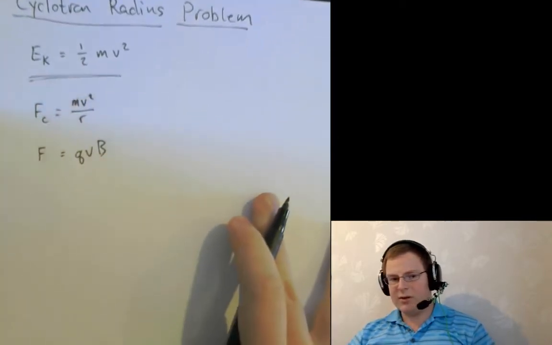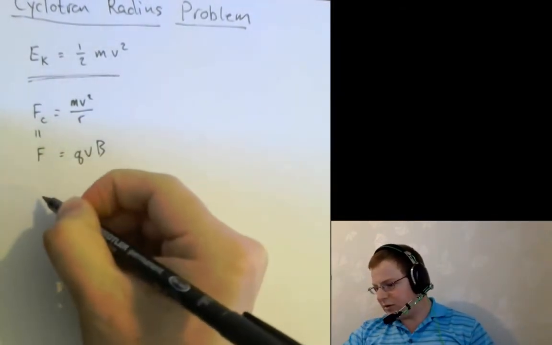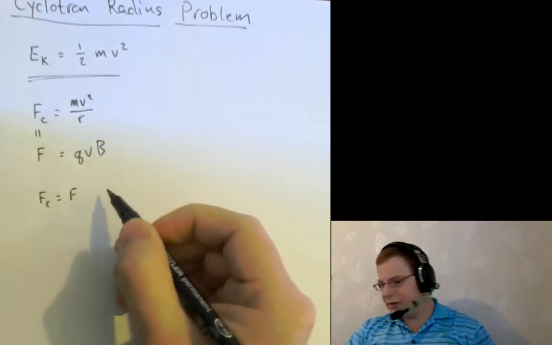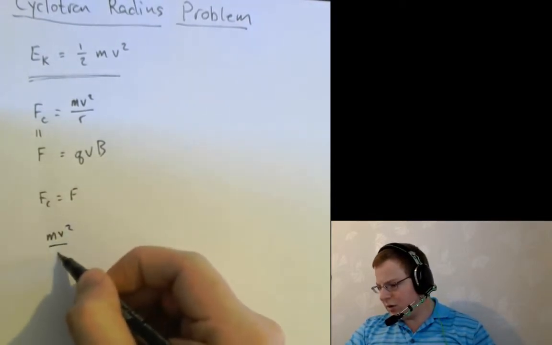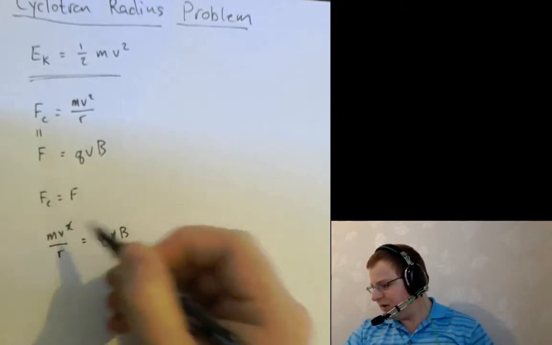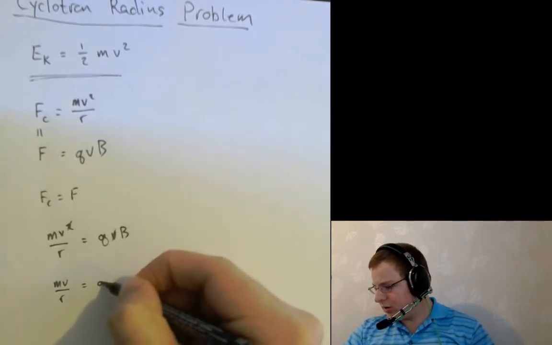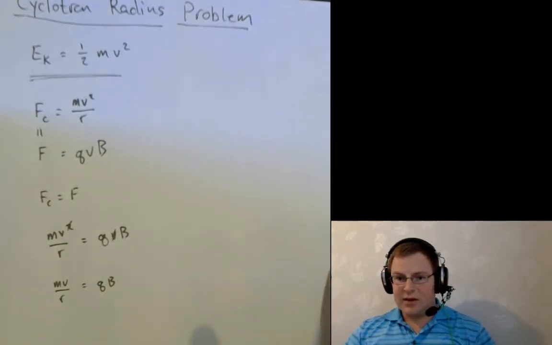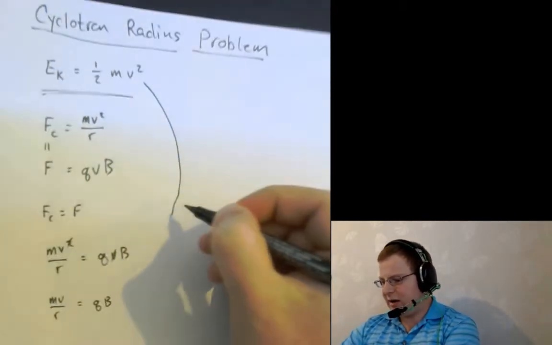So then what we wind up doing is we just set these two forces equal to each other. If we say Fc is equal to the force of the magnetic field, we get mv squared over r is equal to qvB. We'll cancel out the v's and get mv over r is equal to qB. So far we don't have anything necessarily useful yet, but if we go back to our understanding of kinetic energy